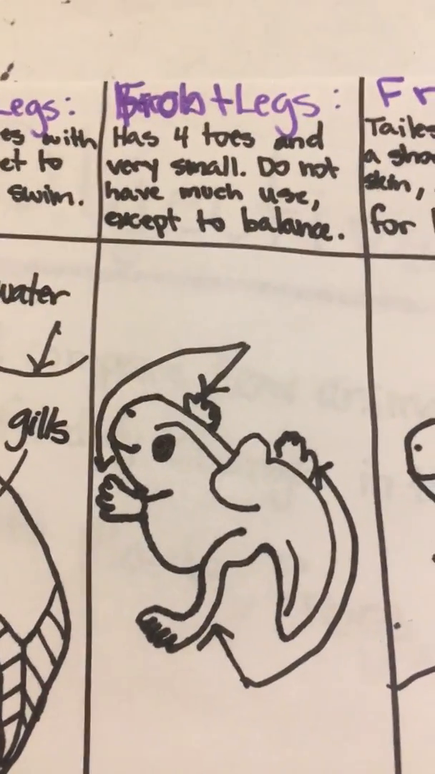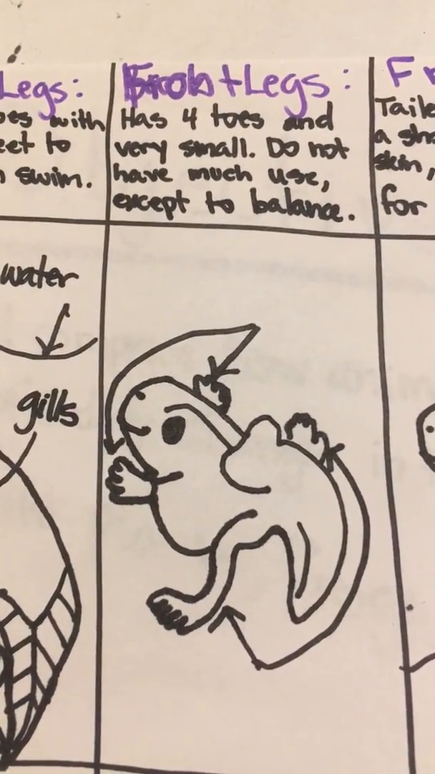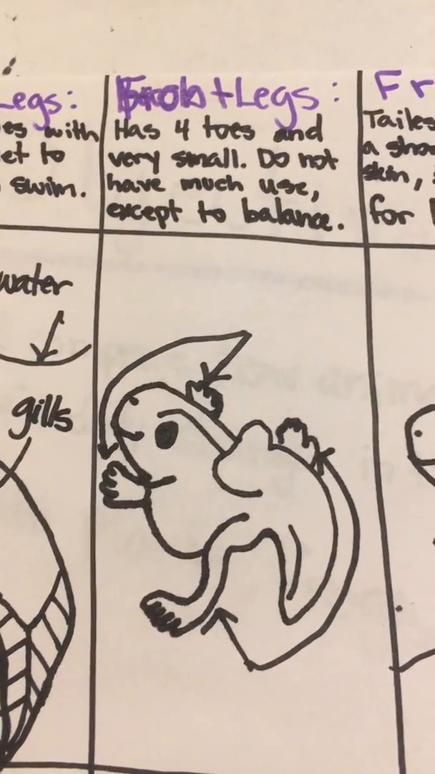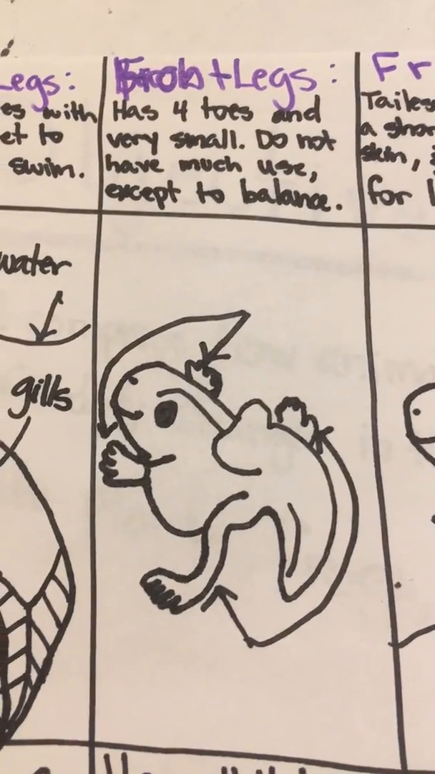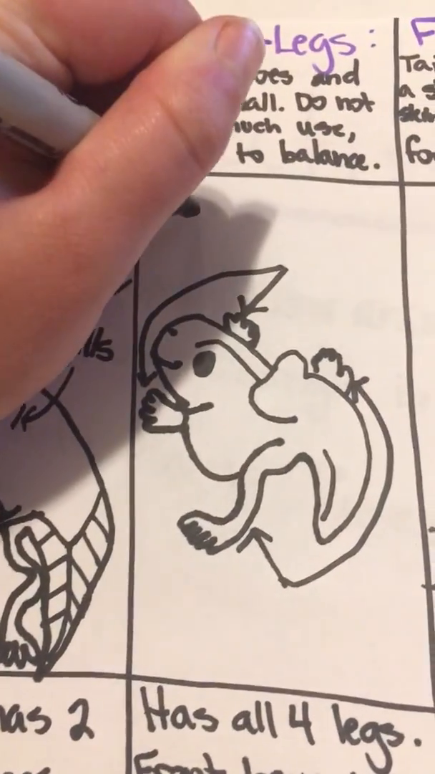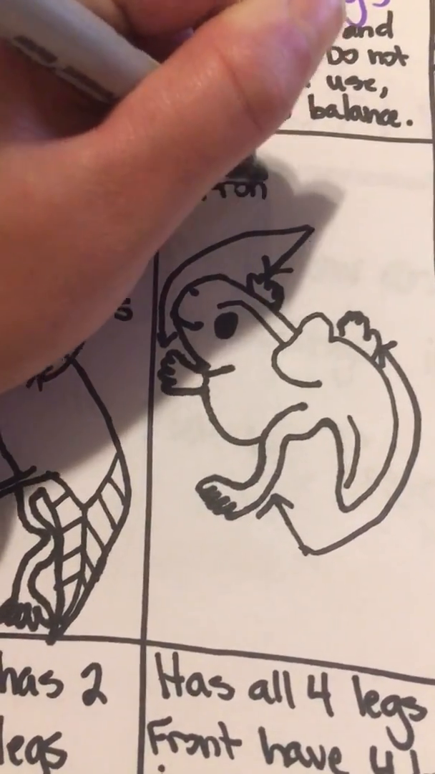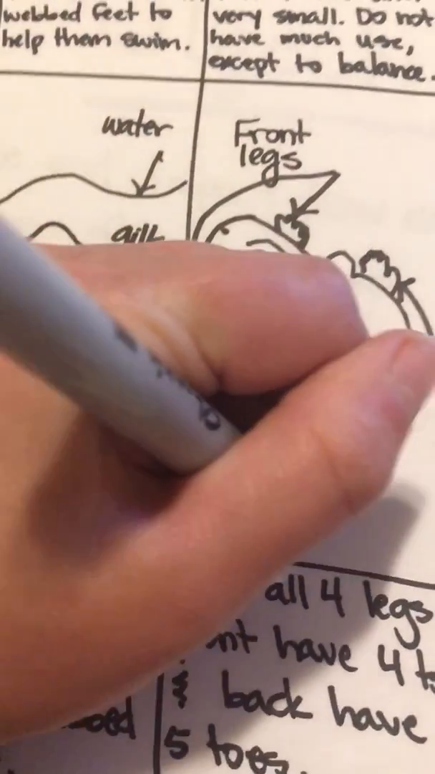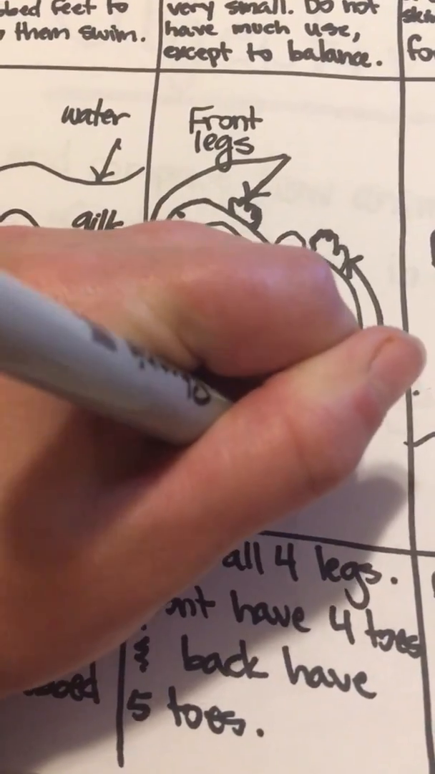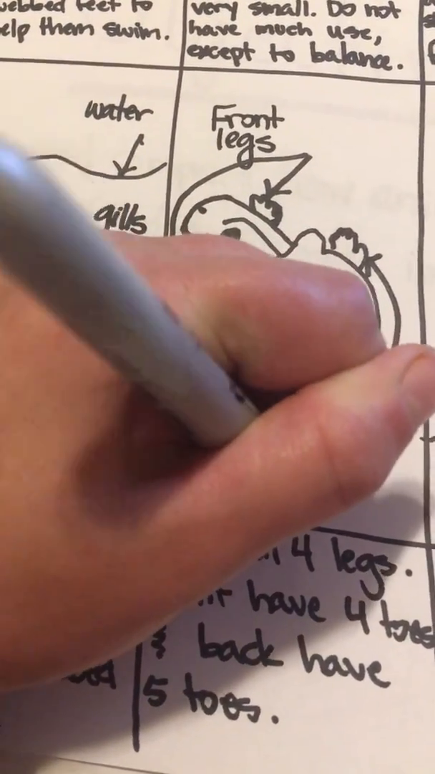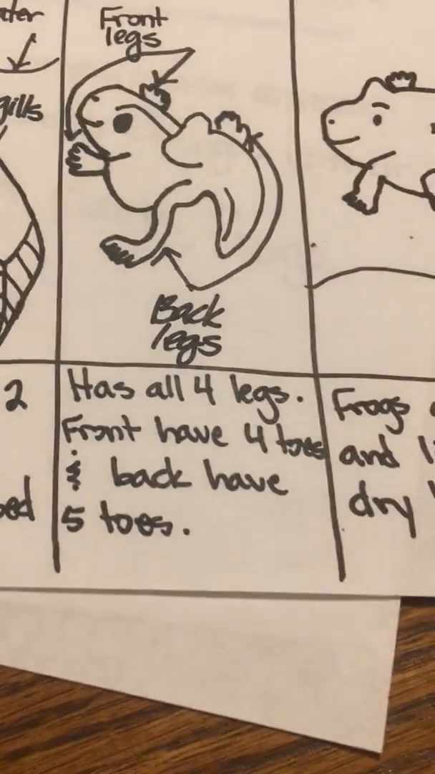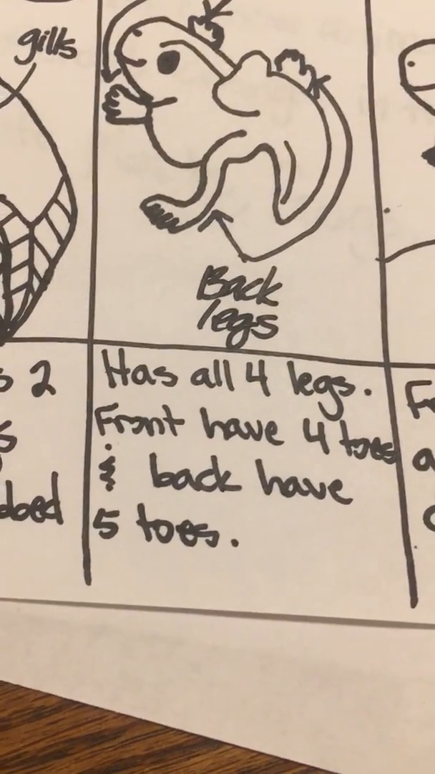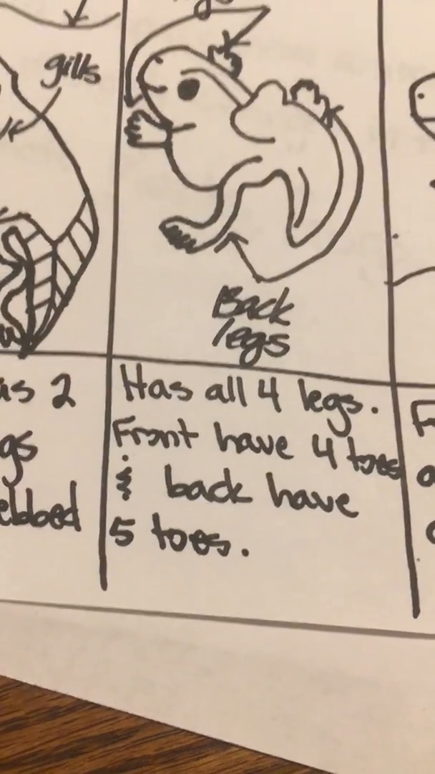Front legs. The definition for front legs is it has 4 toes and very small legs. It does not have much use except to balance. So we can write front legs where the arrow is pointing to the front legs, and back legs where the arrows are pointing to the back legs. My definition is this frog, the tadpole now has all 4 legs. The front legs have